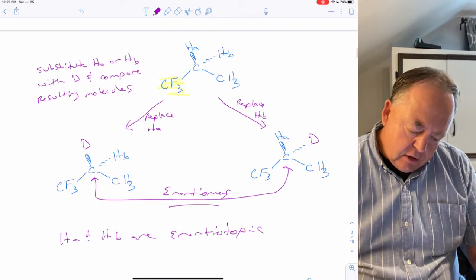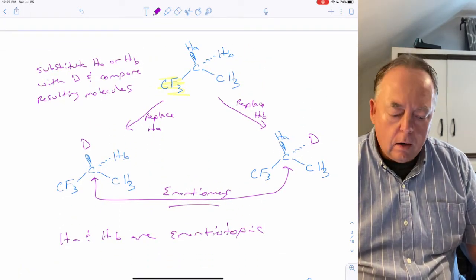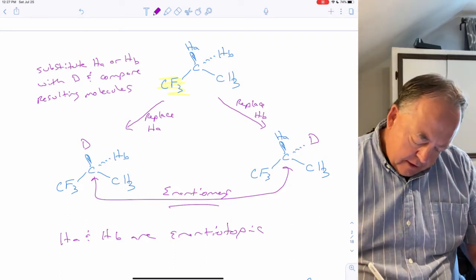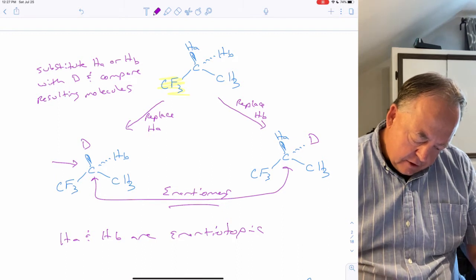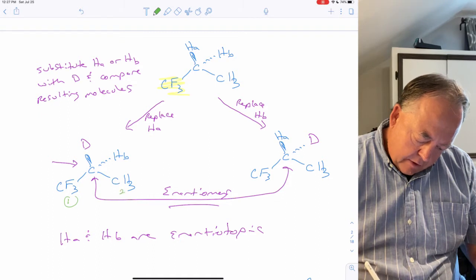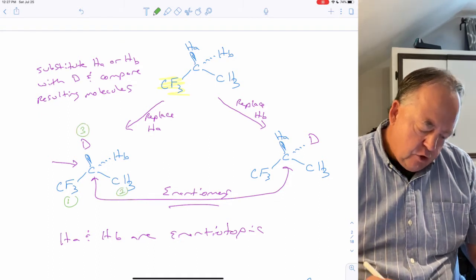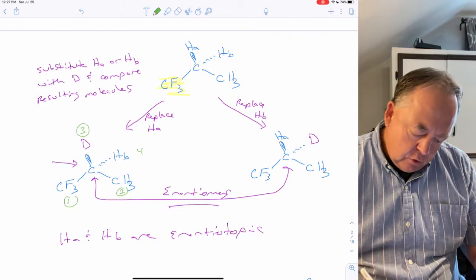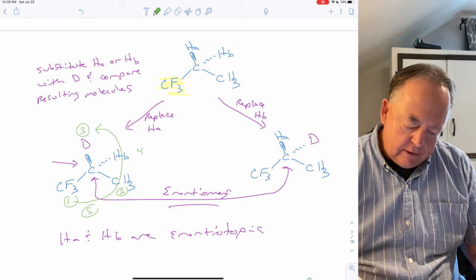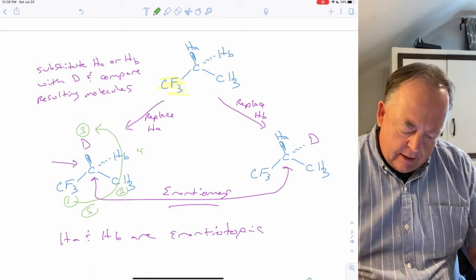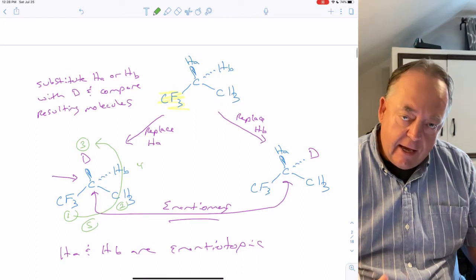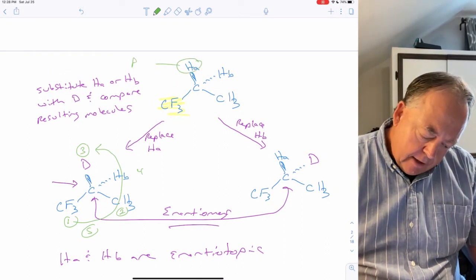So what we want to do now is classify. One of them is what's called the pro-R hydrogen, and one is called the pro-S hydrogen. If we assign stereochemistry here, for example, if you remember how to do this, that's carbon, so that would be priority 1, that's priority 2. Deuterium has a higher mass than hydrogen does, so that's 3, and hydrogen's 4. So 1 to 2 to 3 is counterclockwise. Counterclockwise is S. 4 is in the back, so the arrow remains counterclockwise. So if we swap out HA, we get the S isomer. So this is called the pro-S